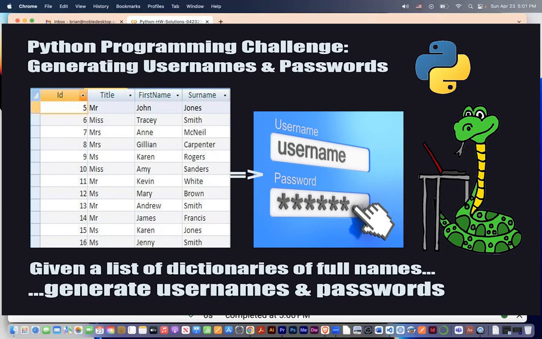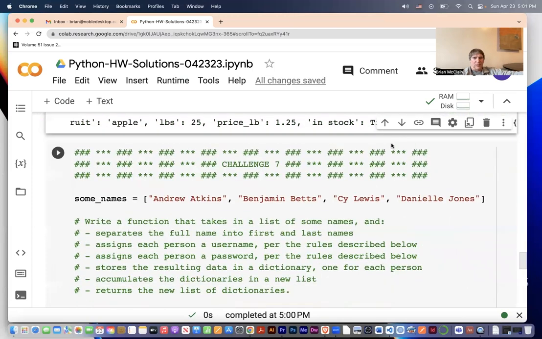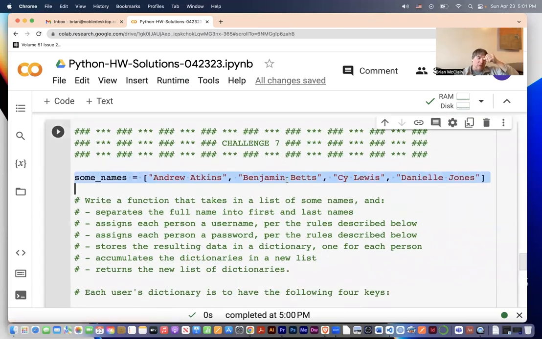Okay, this is homework exercise solution number 7. We have some names. This is a list of first and last names. It could work on any first and last names. Write a function that takes in a list of some names, these or any other names, and separates the full